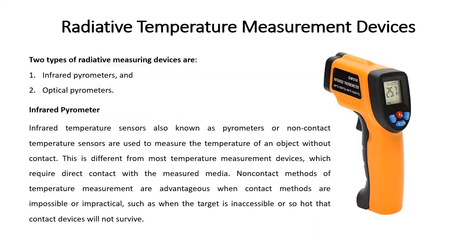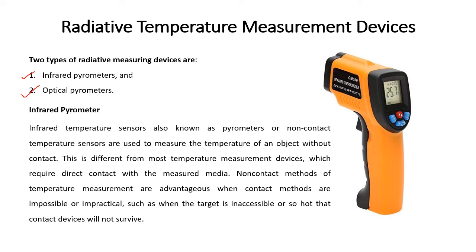So now we go into the final kind of temperature measurement device, which is radiative temperature measurement devices. So there are certain process parameters where there is melting steel or something where you cannot insert any RTD, thermocouple or thermistor or any other measurement devices, because they will melt. So in that case you need a radiative kind of temperature measurement devices where you don't have a direct contact with the process fluid or process metal. So here we use two kinds of radiative measurement devices. One is infrared pyrometer, another is optical pyrometer.